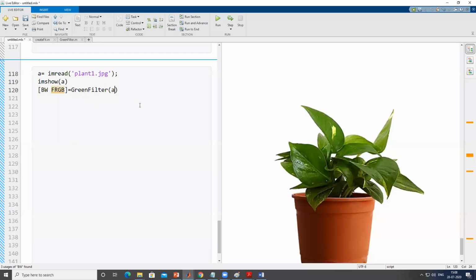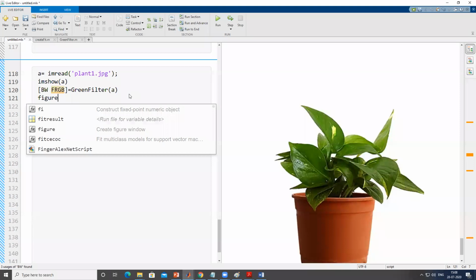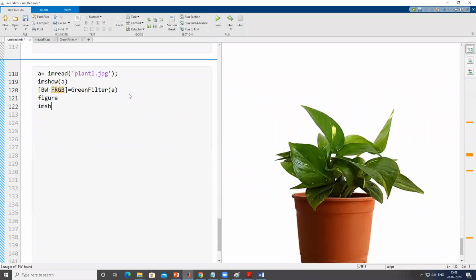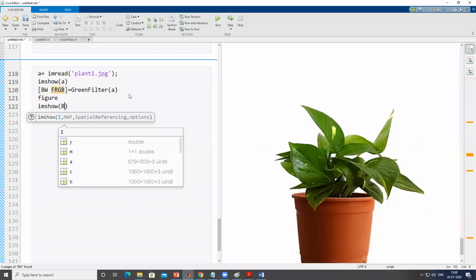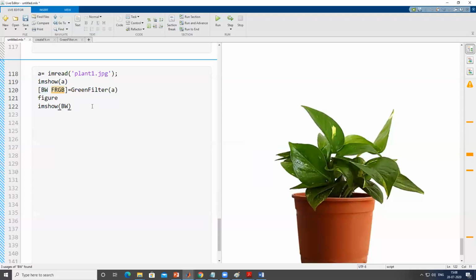So I'll pass A as an input parameter. This function will give me two outputs, and out of this, suppose I want to see the black and white image also, and I want to see the filtered RGB image also.